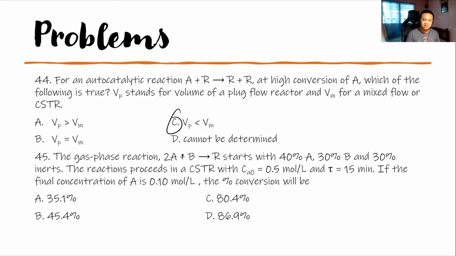Number 45 is the gas phase reaction 2A plus B to R. It produces R, it starts with 40% of A and 30% of B and 30% inerts. Okay, so the reaction proceeds in a CSTR with CA0 0.5 moles per liter, and the tau, the residence time, is 15 minutes. If the final concentration of A is 0.10 moles per liter, the percent conversion will be